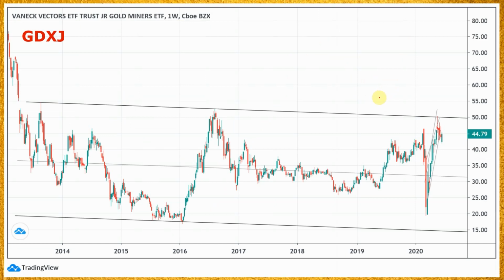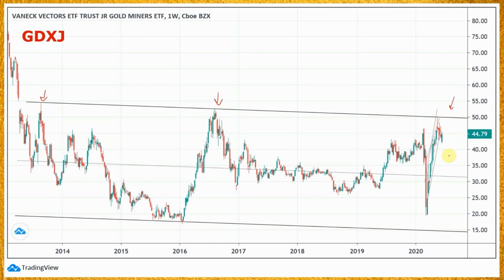I also thought that we could look at the GDXJ, and this is on the weekly scale. And the reason I'm looking at this is just to show you one of the reasons why I was skeptical of that breakout in the GDX. So if we look at the GDXJ on the weekly scale, what I did was join the peaks over here and over here, and that actually ended up showing that that's a resistance level, and of course it pretty much bounced off of that quite nicely. It tried to poke over a tiny amount but then was rejected.